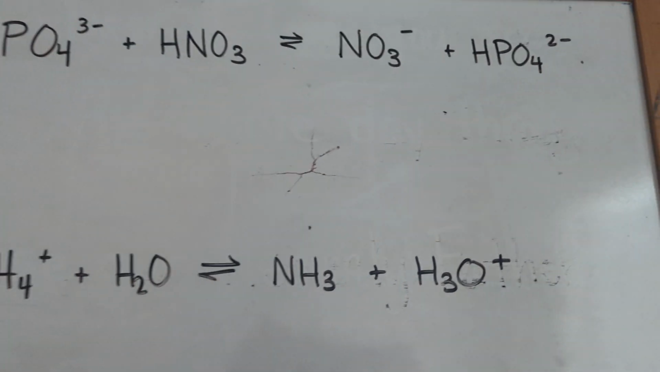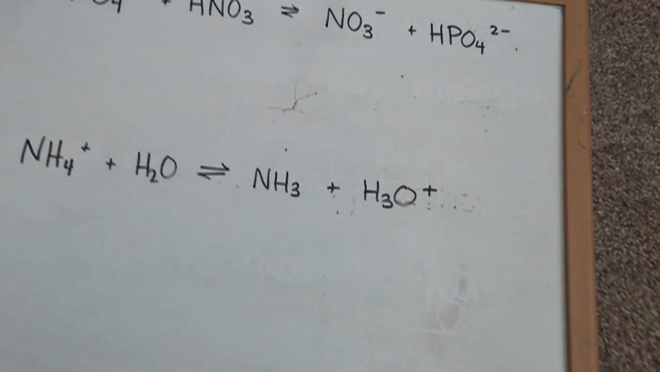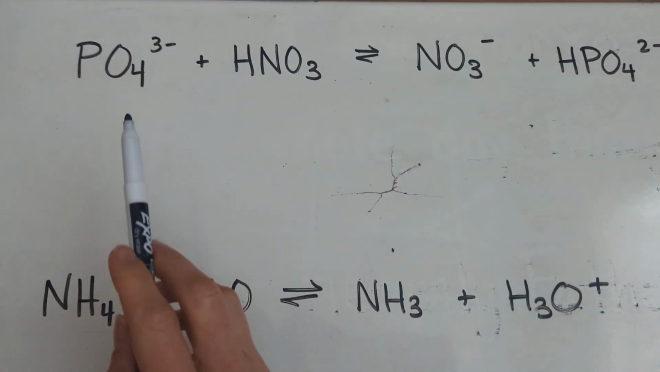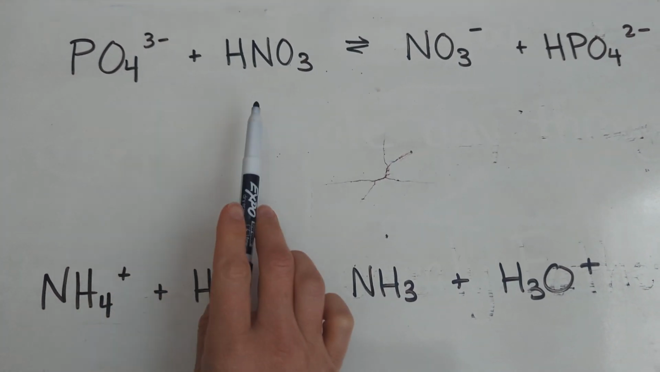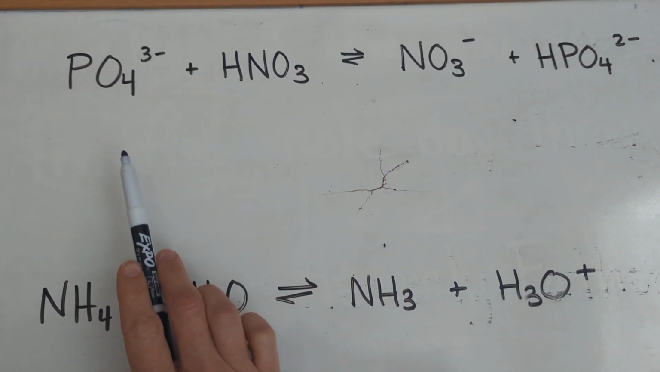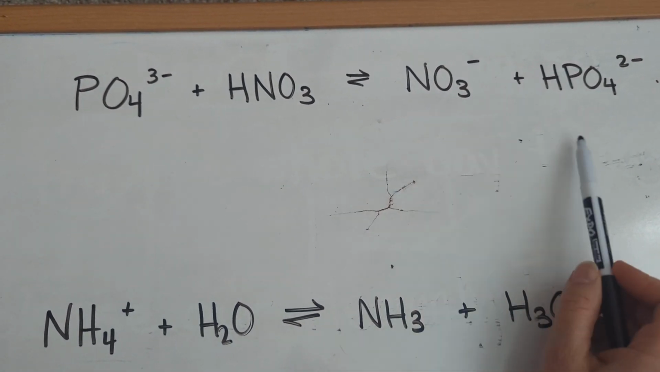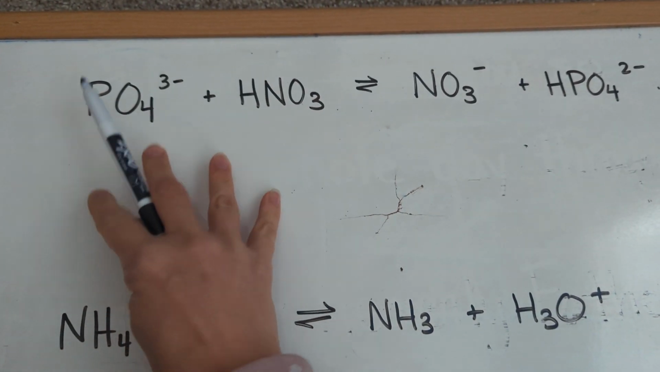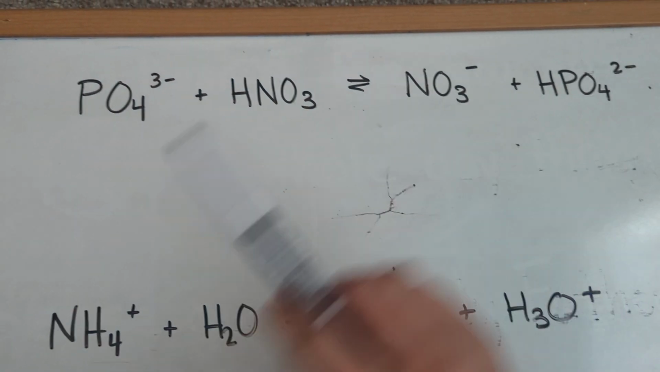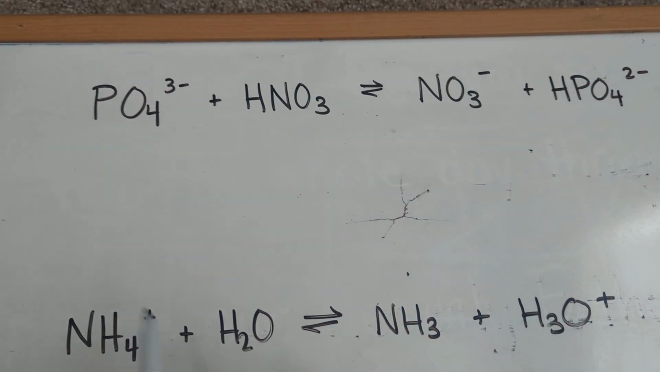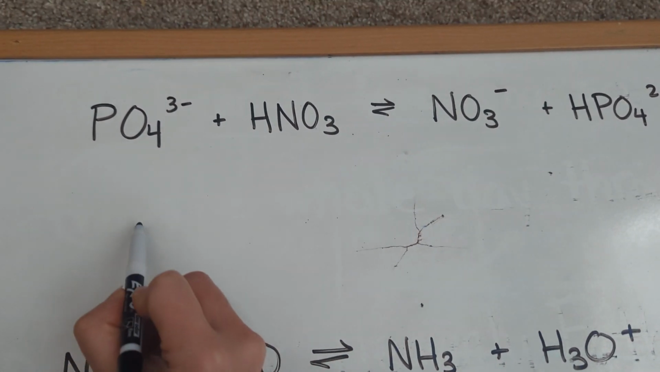For acid-base and conjugate acid-base pairs, the acid and base will always be on this side. Conjugates will be on this side. Acids, bases, conjugates. So then how do we identify it? The acids,